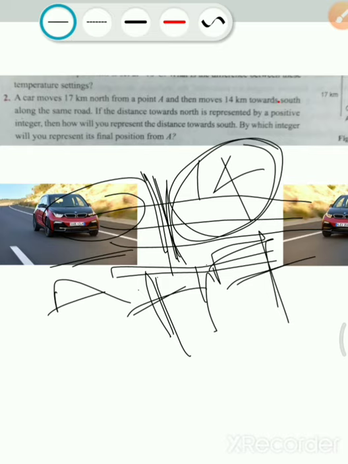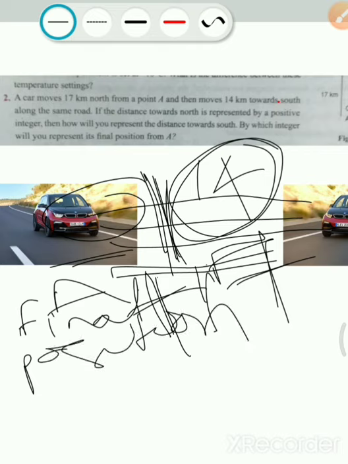Students, this is your positive one. So now you say, final position from A is equal to